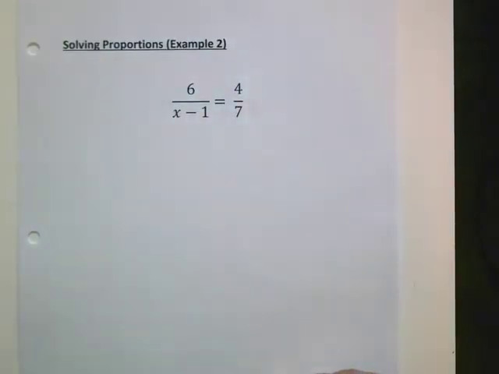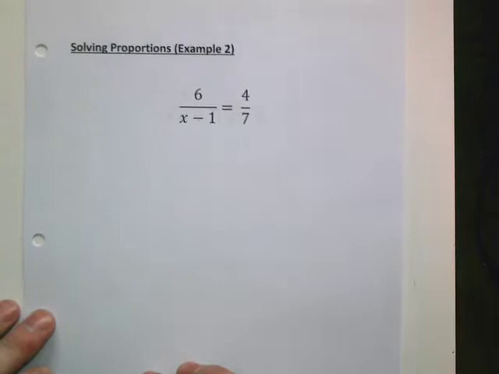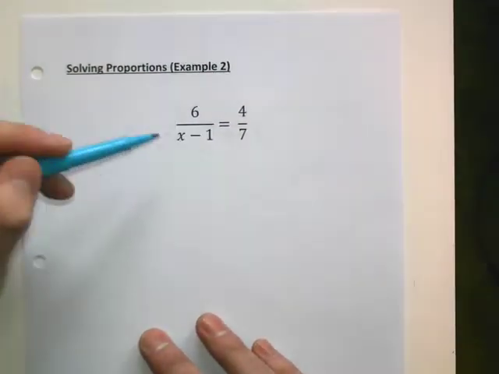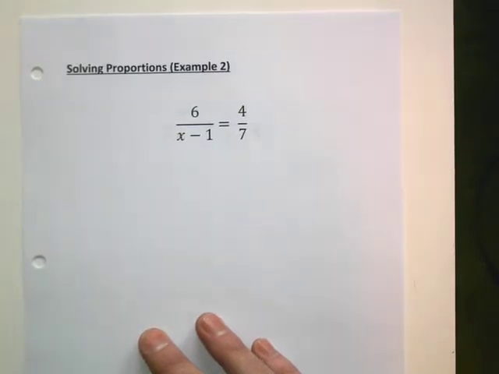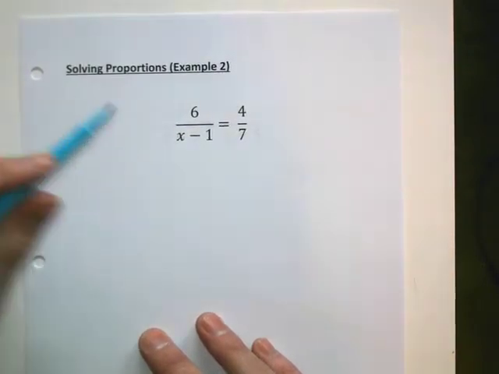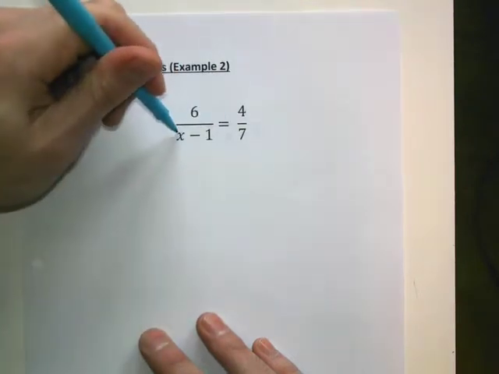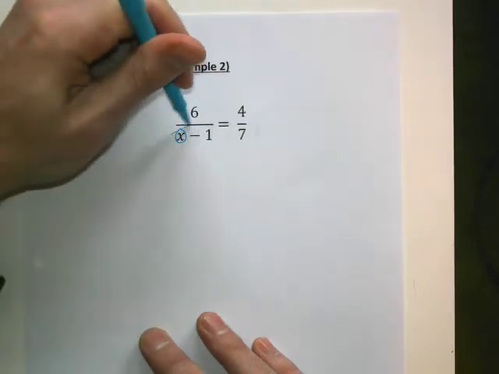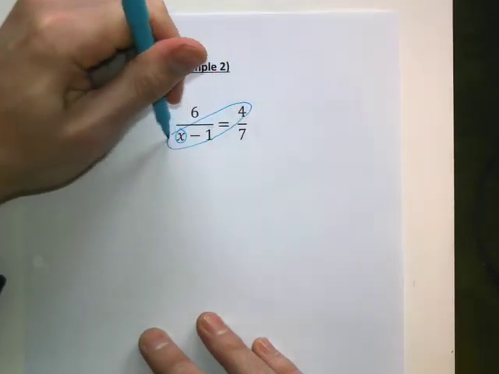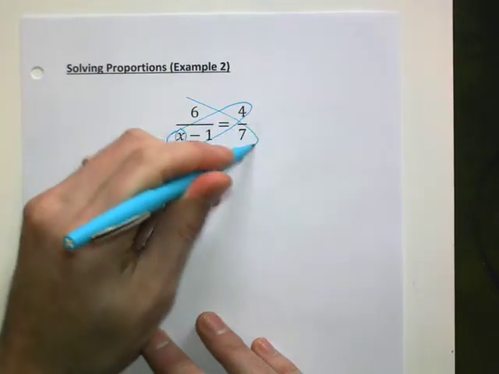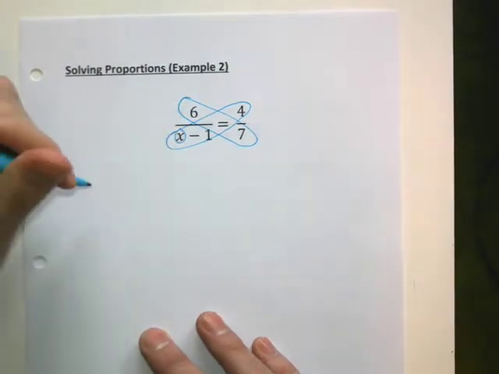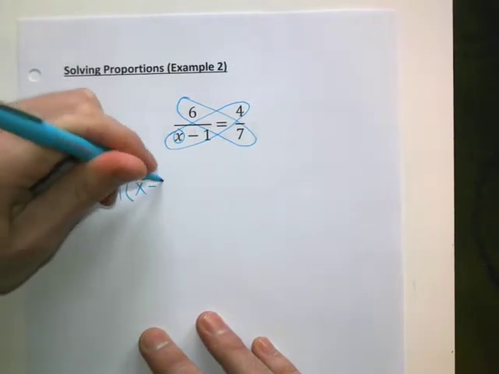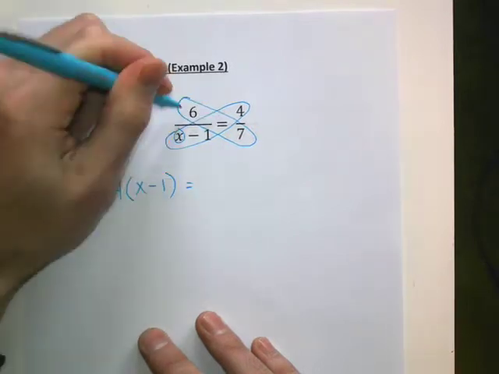You may have examples, or you will have examples on your practice and your exit ticket today that look something like this. So example 2 is 6 over x minus 1 equals 4 over 7. We're going to use the same strategy the whole way today. So we're trying to find our x, right? So what we're going to do, same strategy as before, we're going to cross multiply, but now we're going to take all of that in the denominator, and we're going to set it equal to 7 times 6. So the way I would write this is 4 times x minus 1, and that's equal to 7 times 6